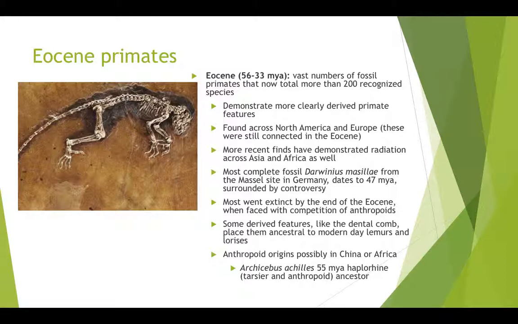They're still connected now, but they were still closely connected during this time. There is a very complete fossil, Darwinius masillae, from the Messel site in Germany that dates to about 47 million years ago. It faces some controversy as to whether it represents that source of adaptive radiation, or how we quite fit it into our evolutionary family tree. Most of the prosimians went extinct by the end of the Eocene, because during the Eocene, while it's planet of the prosimians,